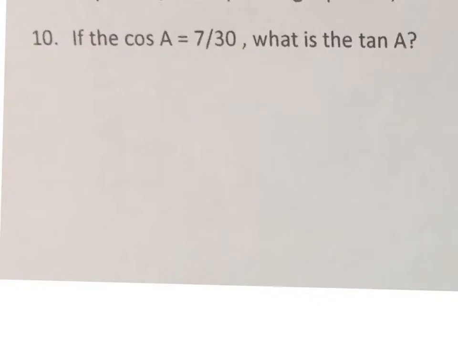So if we're given the fact that we know the cosine ratio for a certain angle and we have to find the tangent ratio, that means we need to find out some information. So we know that the cosine is the relationship between the adjacent side and the hypotenuse. Adjacent and hypotenuse. So we can draw a triangle,